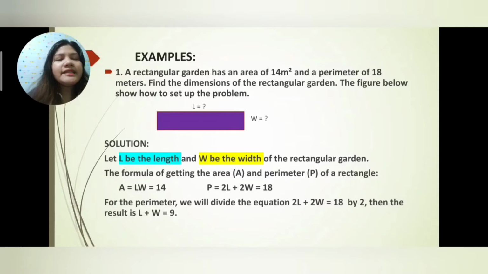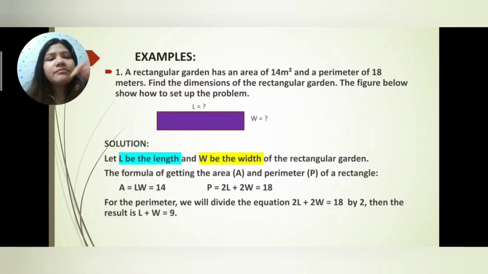Then after that, for the perimeter, we will divide the equation 2L plus 2W equals 18 by 2. Then the result is length plus width is equal to 9. Kasi diba yung dito, yung common factor nila is 2. So, ang 2 is pwedeng ma-divide sa 2, then pwede din siyang ma-divide sa 18. Kaya naging